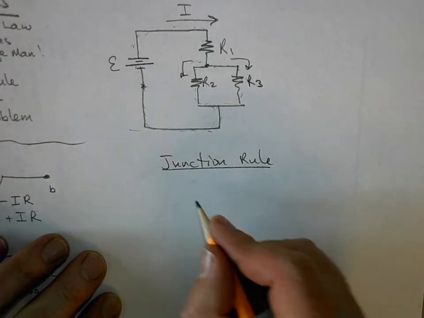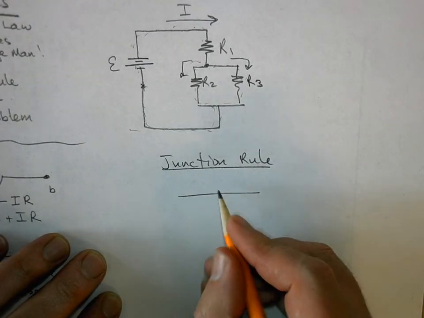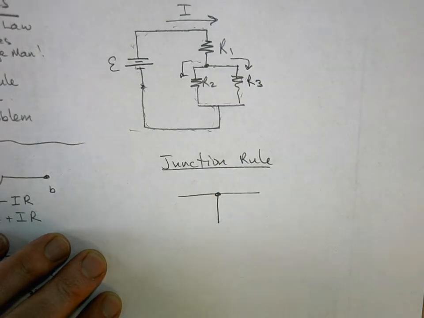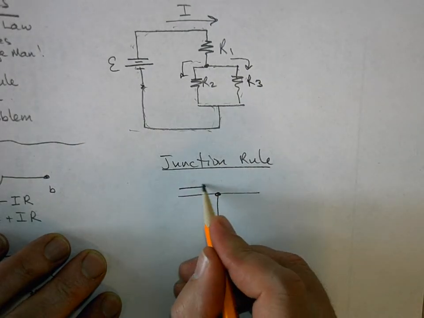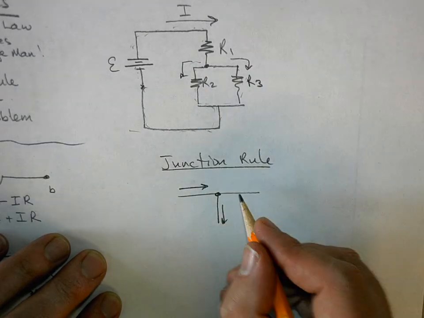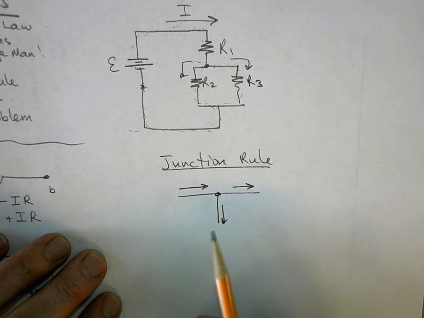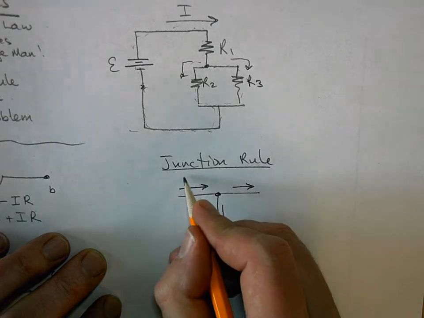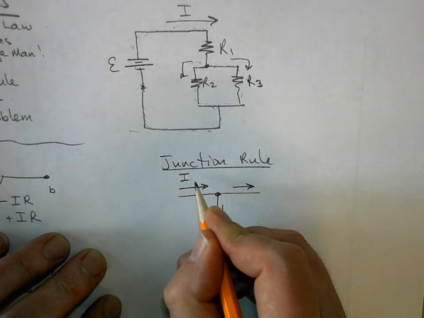Okay, junction rule. A junction is any place where you have a branch in the wire. And all the junction rule says is, hey, the amount of current that comes in has got to be equal to the amount of current that comes out. Otherwise, charge is either building up for some reason, and that's not going to happen in a junction, or you're creating charge out of nothing. So really this is kind of a conservation of charge. However much charge flows in, we'll call this I1,